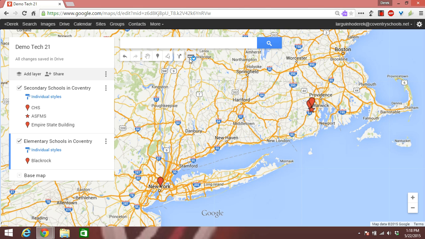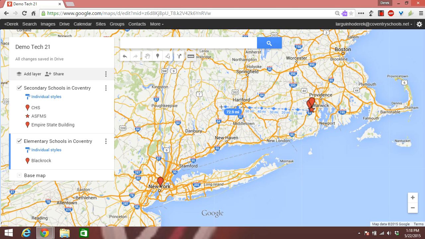you click on it. Notice that as soon as I click on that, my cursor is no longer a small hand where I'm allowed to select items. It's actually a crosshair. So what I'm going to do is go to the foot of my star at ASFMS, and I'm going to just click. And as soon as I click, notice the line allows me to move and measure anywhere that I want to